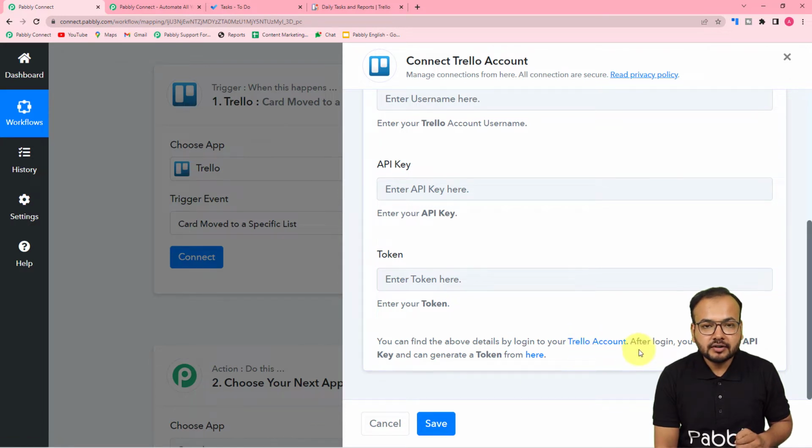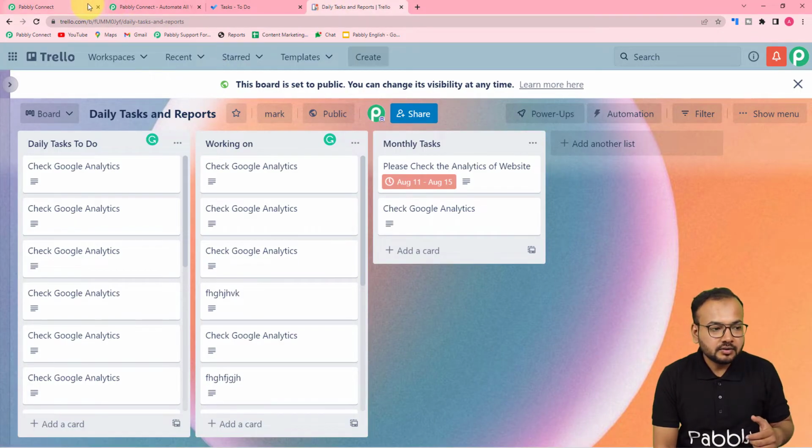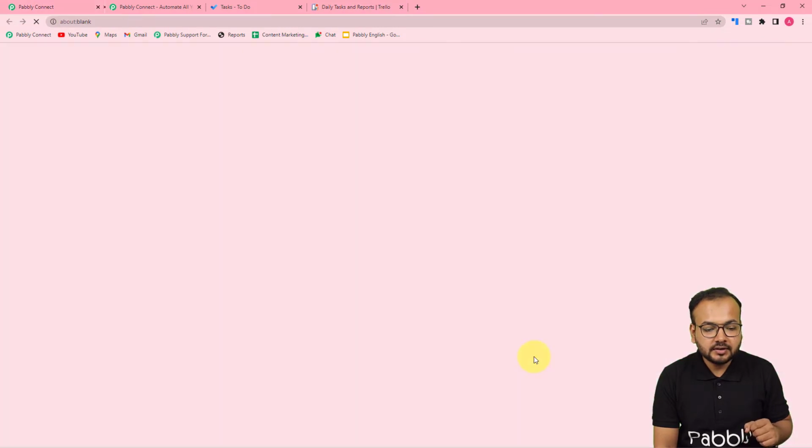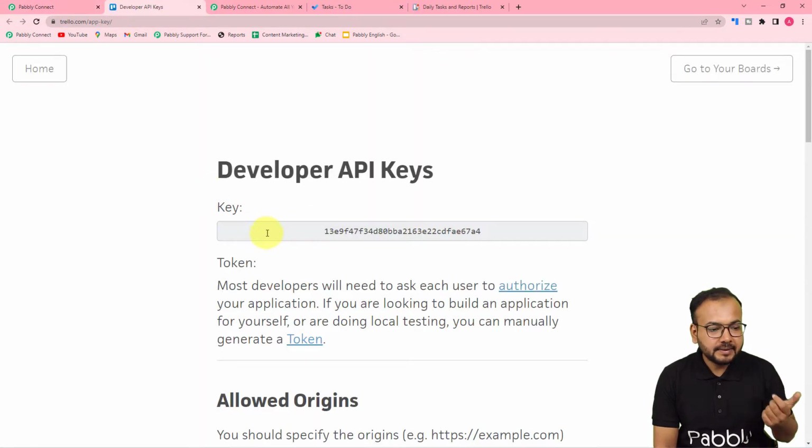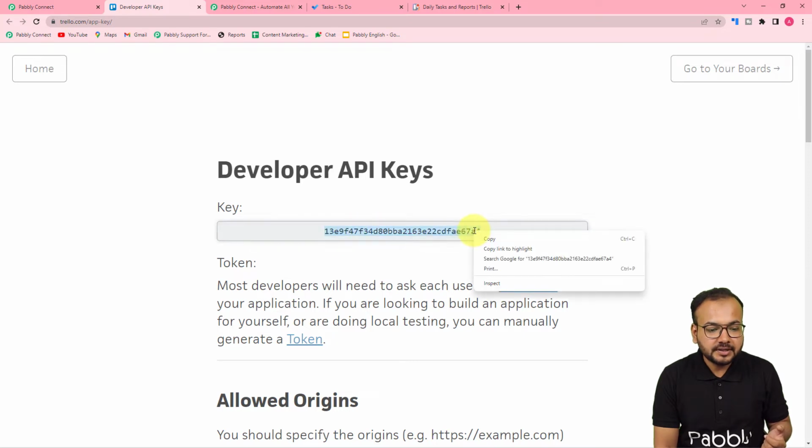You need to reach your Trello account. You have to log in, and you will find the token from here. So when you click on here word, you will reach that page from where you can generate the token. But before that, you have to log in into your Trello account. So I have already logged in here. So let me just click here on this here word, and this is the page, and this is the API key that we need. So you can just copy this API key,